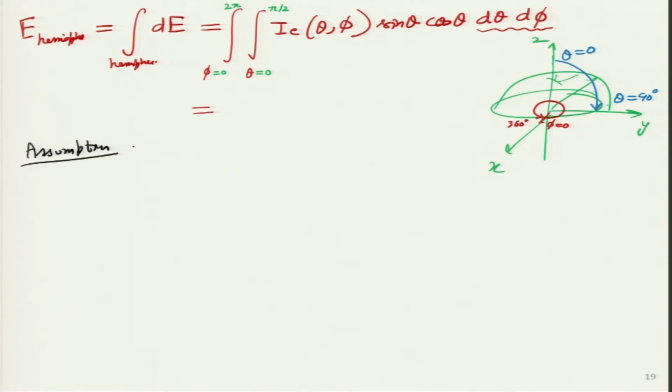So, the assumption is I_e(theta, phi) is simply a constant I_e, which I can write as a constant over here. Now, let me ask the student a question: in what case is the emitted radiation intensity constant? How do I show it graphically? First of all, let me try and draw that.